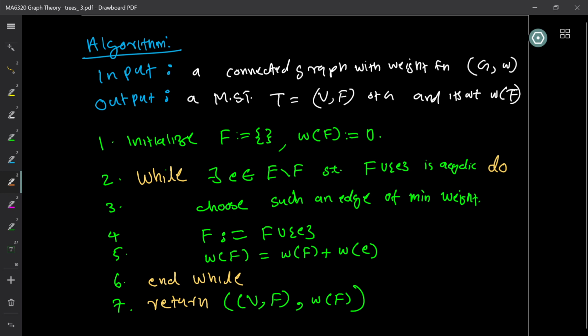Now we have to show why this tree is of the minimum weight. So to show this, we will do the following. We will assume that there is another tree which is of, let's say, smaller weight. So you consider a tree with the least weight, and then you pick up that tree of minimum weight, right? So I give you a tree and I claim that this, the output of the algorithm, is the minimum weight. Then you say that okay, there is another one with smaller weight. So what I do is that I pick up your tree, right? And then